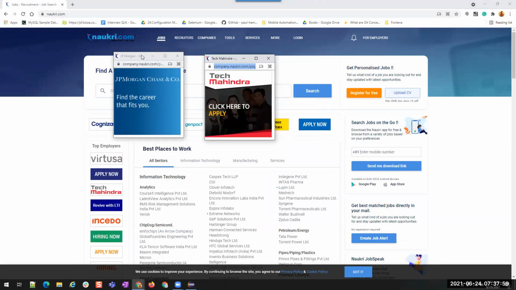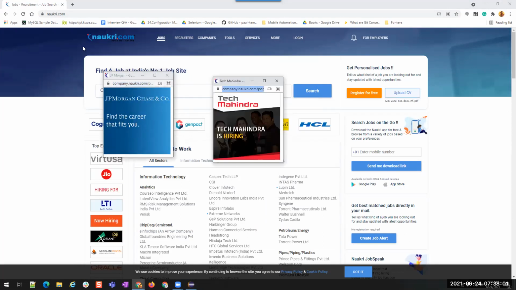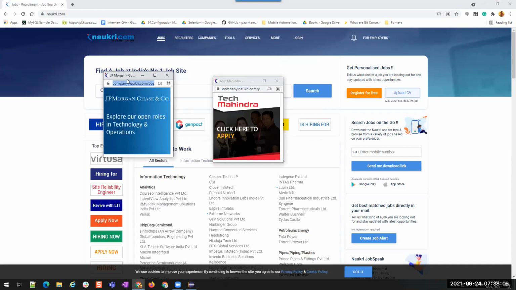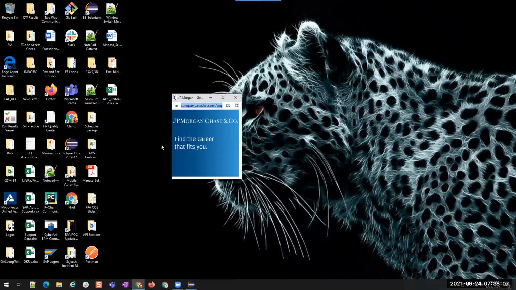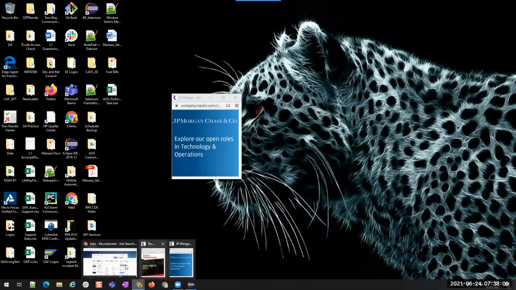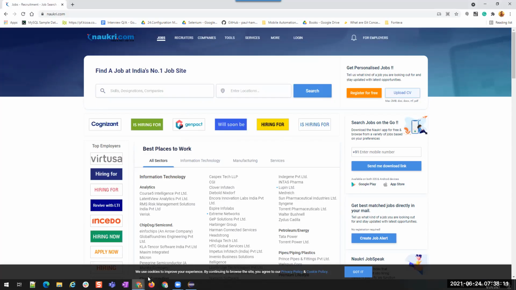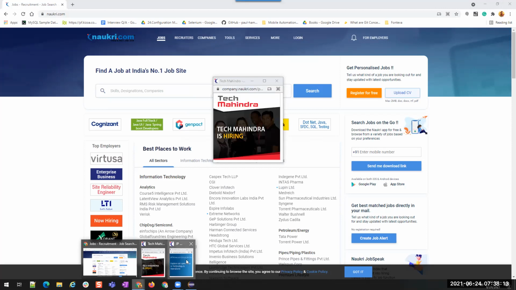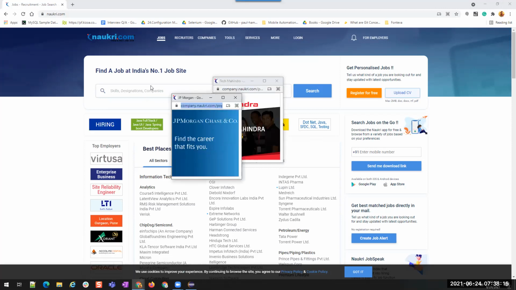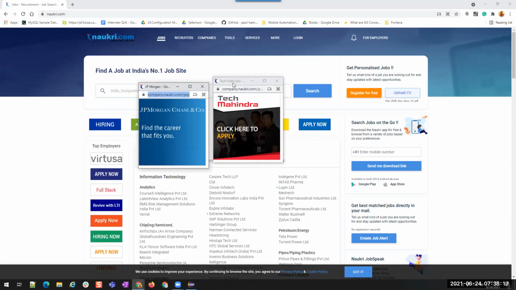So these are not frames. These are opened by this page, but these are not frames because each has its own separate HTML content. Okay, these are opened in a separate window. This is a separate page, or a separate HTML, and this is a separate HTML.